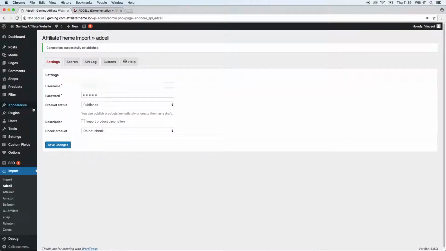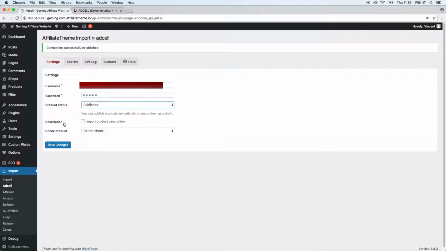So let's take a look at the remaining options here. First of all, we have the product status. This basically defines if an imported product should be published immediately or if it should be a draft at first. For example, you can import plenty of products and they are just a draft if you choose the option draft here, and that means they are not yet visible to the public, and you can still edit them according to your needs. So you can decide this here if you want it to be published immediately, so visible to the public right away after importing it, or let them be a draft at first.